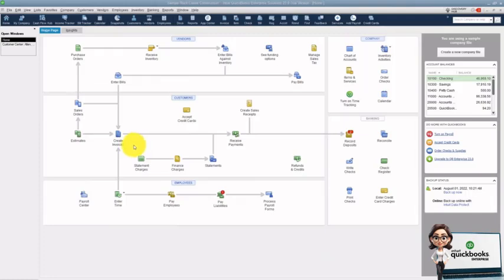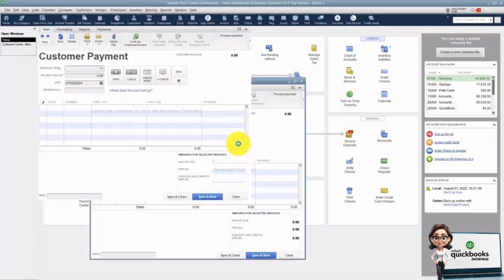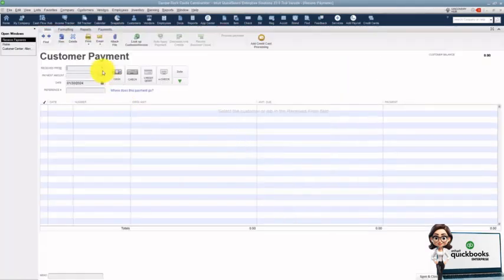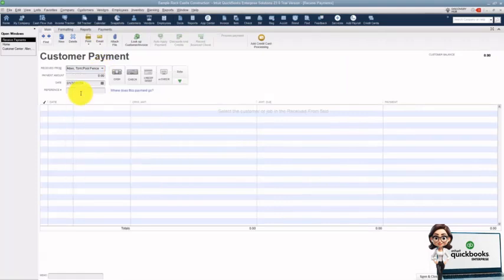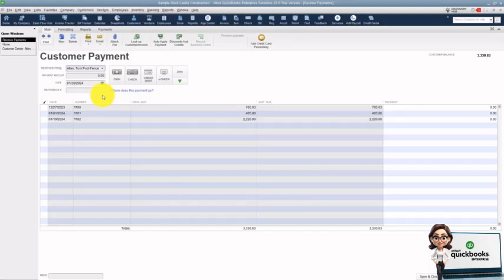When you're looking at your home screen after you've created an invoice, you'll notice the next thing on the flowchart is Receive Payments. The first thing QuickBooks wants to know is who did you receive the payment from, meaning which customer and job. As soon as you've chosen that option, you'll see now all of the open invoices for that customer and job